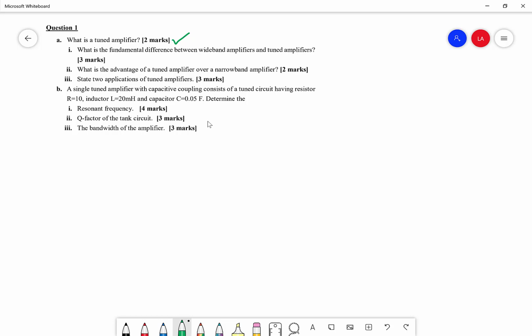You would realize I'm not trying to give a verbatim definition. So what was expected as a definition for tuned amplifiers is an amplifier that has a tank circuit or a resonance circuit, which is intended for selective amplification within a narrow band of frequencies. So that would have been the answer for